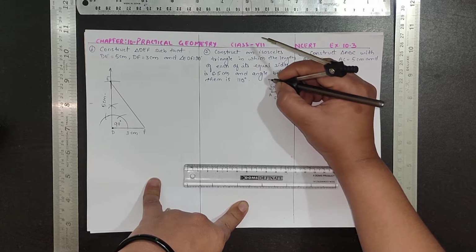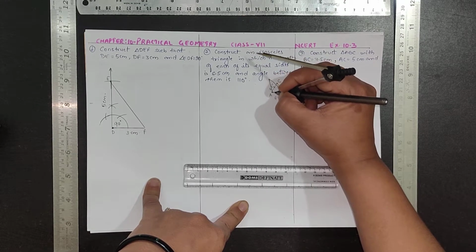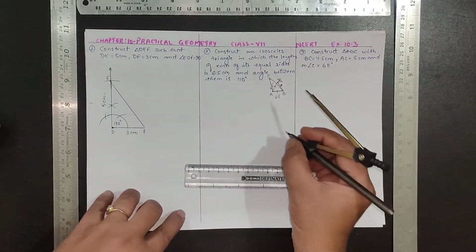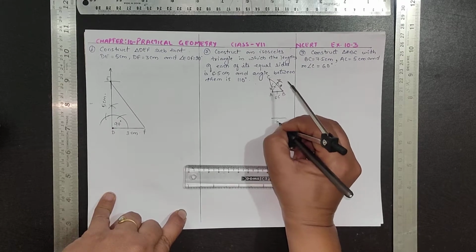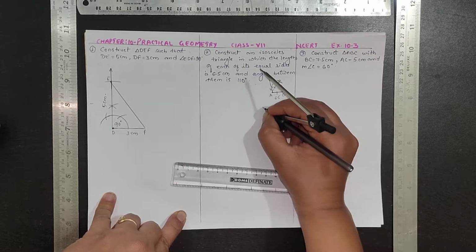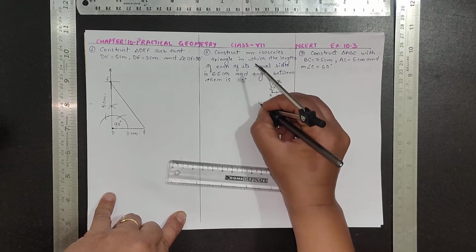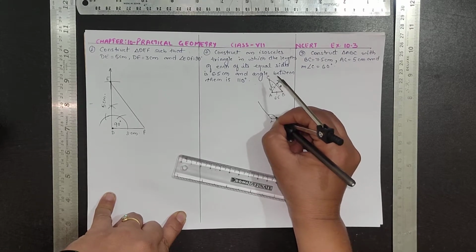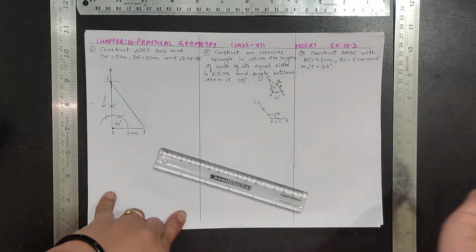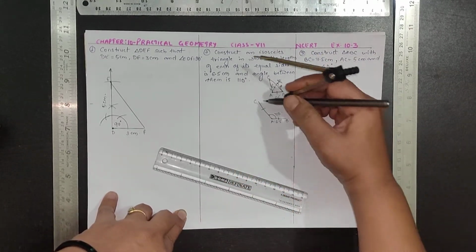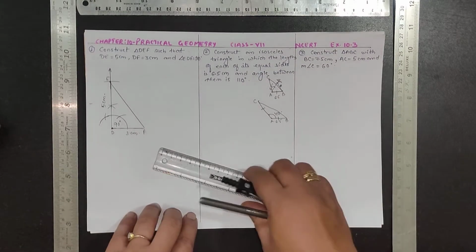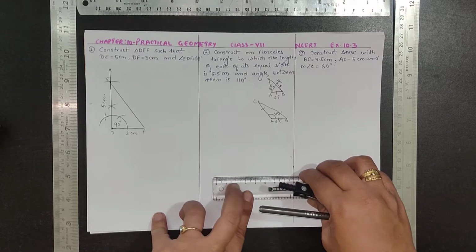So in this way you will be finding your ABC. So let's start. Again I am drawing AB 6.5, angle A 110. If it is C, then this side and this side should be the same. In an isosceles triangle, any two sides can be the same. And then join BC. This is your rough diagram. Okay? So let's start. AB 6.5.